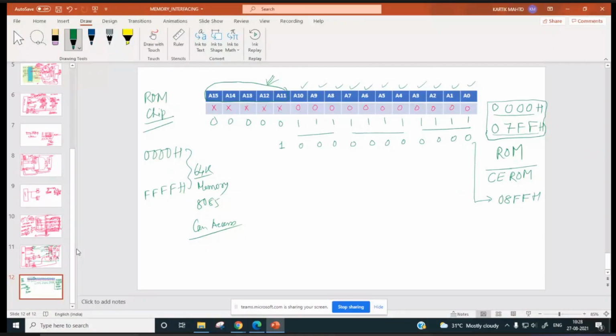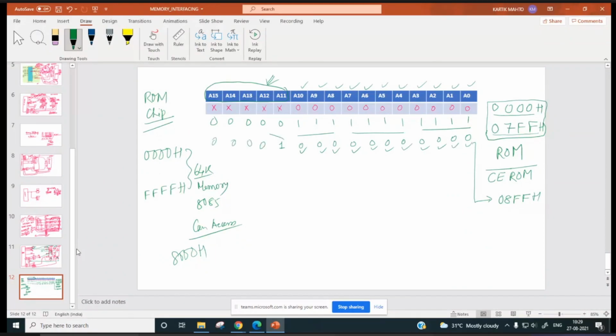Only A0 to A10 are connected to the ROM chip, and the microprocessor is sending address 8000H. 8000H means all of these bits are 0.